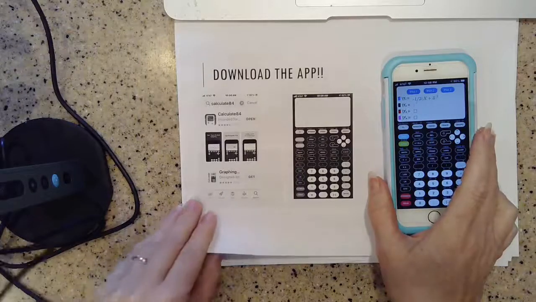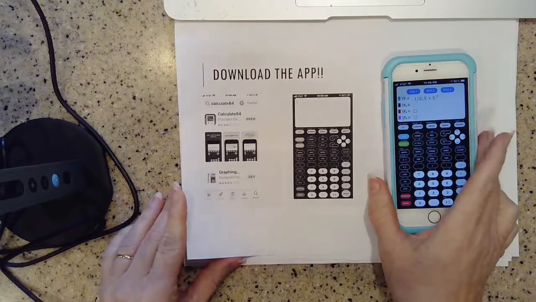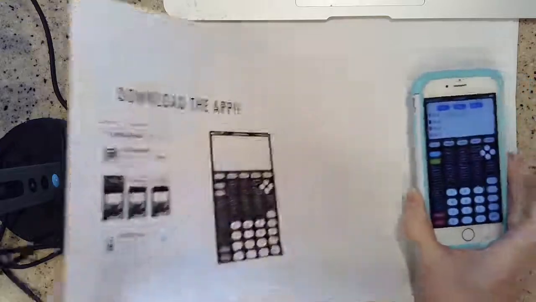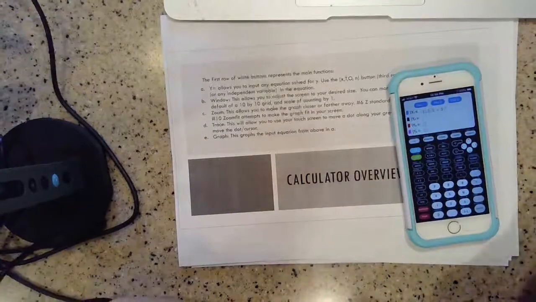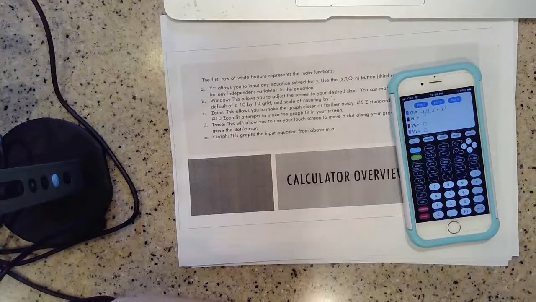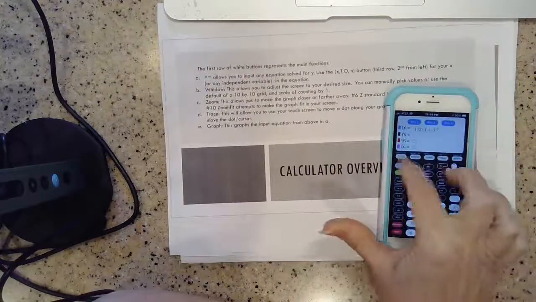You might also use Class Calc, which is another option for Android. And then feel free to use any version that you find, one that you think is more user-friendly, what you've been used to using, and that's fine too. But I'm going to demonstrate with Calc 84 and show you the functionality, the main white buttons you see along